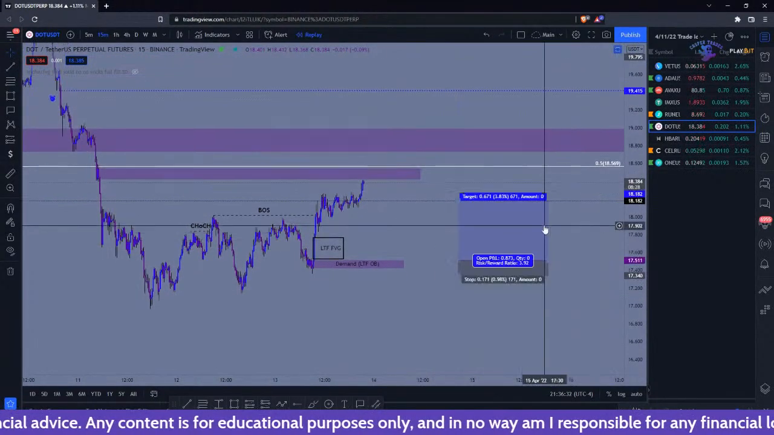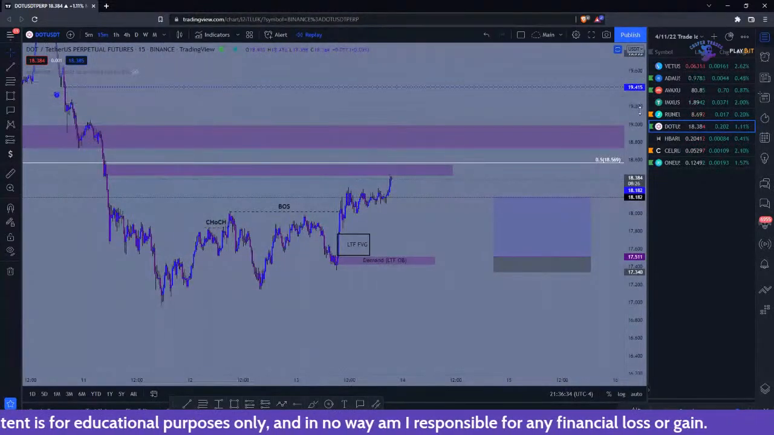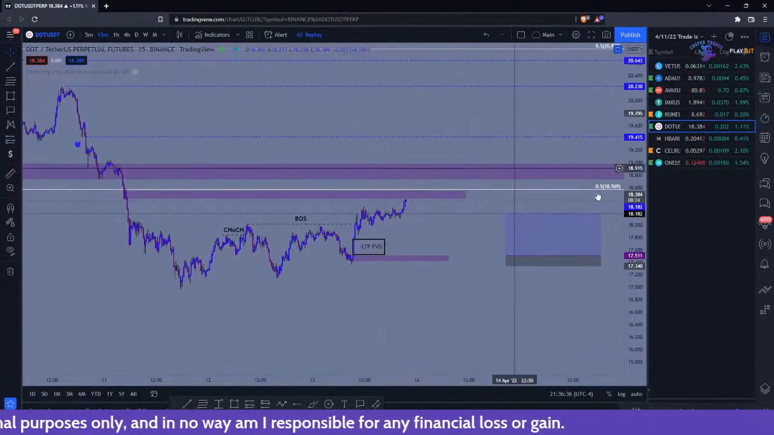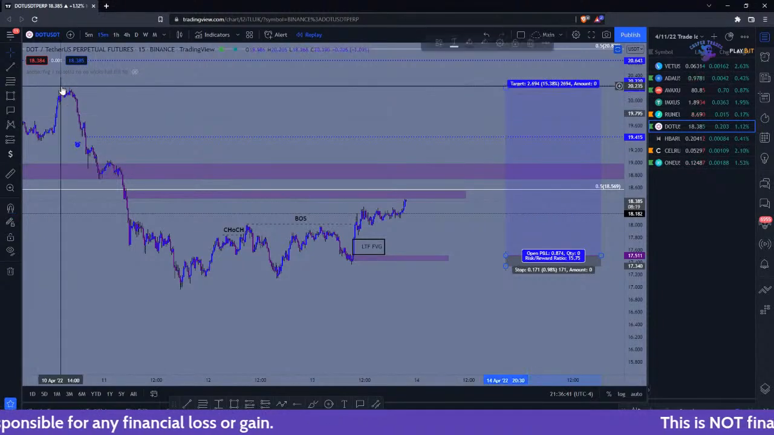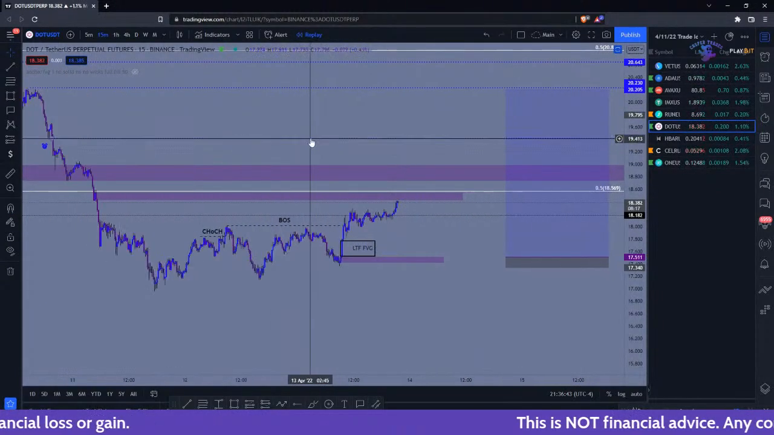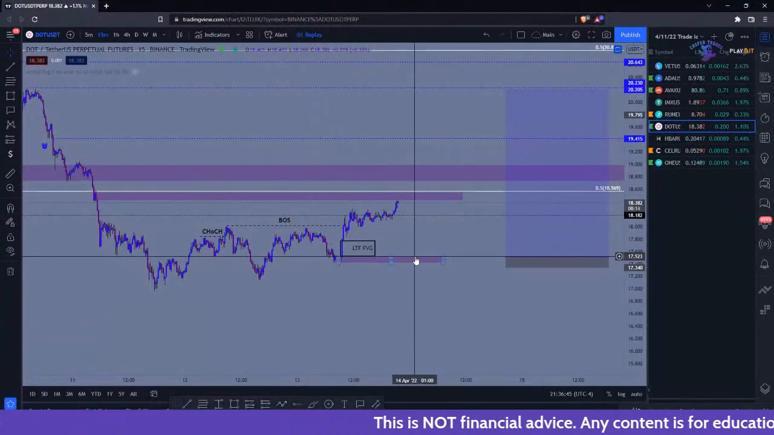Targets, you'd really have to wait. Your first target would be the external range liquidity, which is pretty far up. I wouldn't even try to swing it all the way up there, but that would be your final target. So you can get some really good setups,